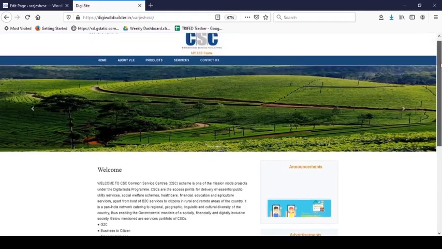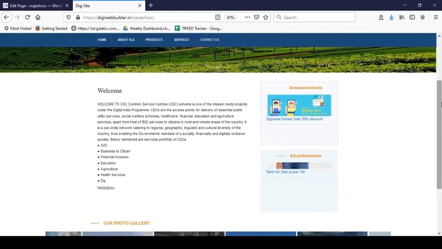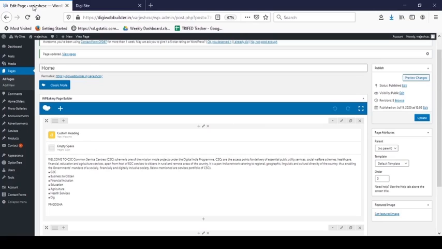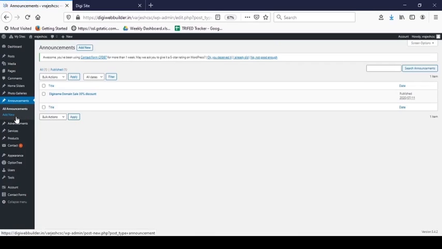Now we will see how to add or remove announcements. For that, go to the announcement section. To add new announcements, click on Add New.